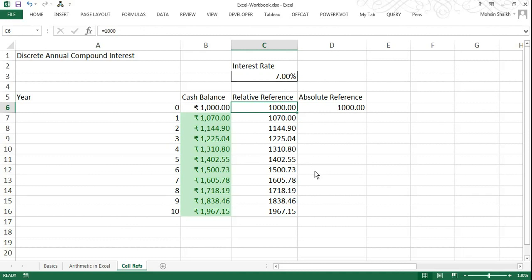Now I'm going to use my relative reference, which is B6. Here I will be referring to this cell B6, so I will activate the formula bar: is equal to B6 times 1 plus, into, I will give the parenthesis, 1